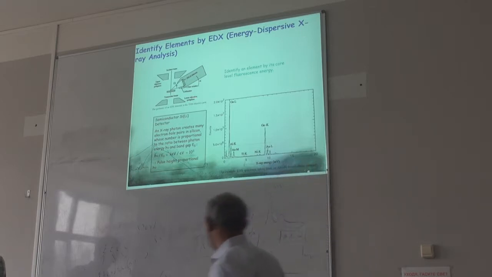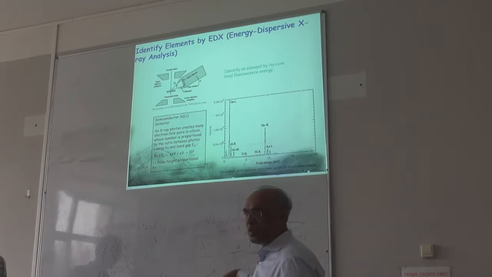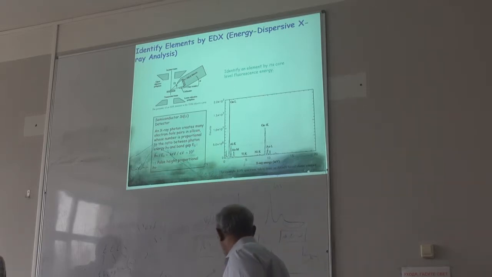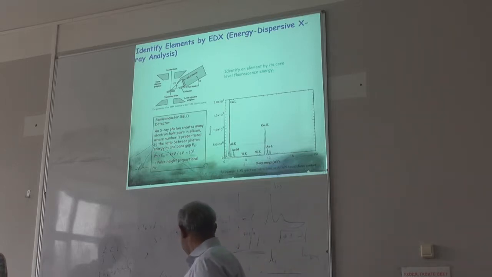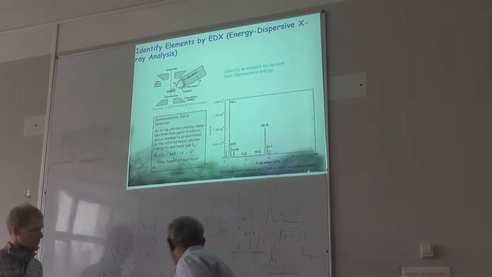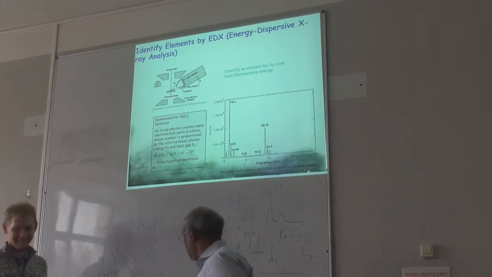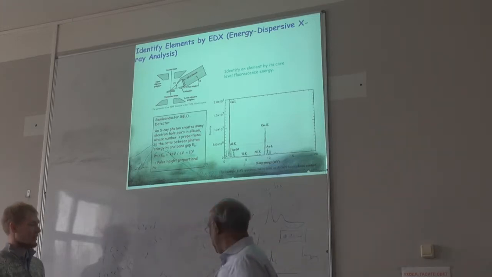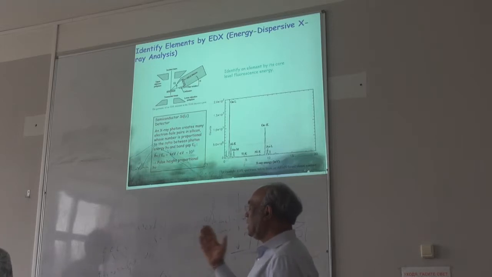So what happens is, we are still using the electron beam, right? We are still talking about the electron microscope. You are hitting your sample with electrons. When you hit it with electrons, some of the electrons in the atom can be removed, right? So suppose you remove this electron, what happens? Some electron will come from here to here, right? In this transition, there is some energy released. That's X-ray. So in EDAX, you are looking at the X-ray